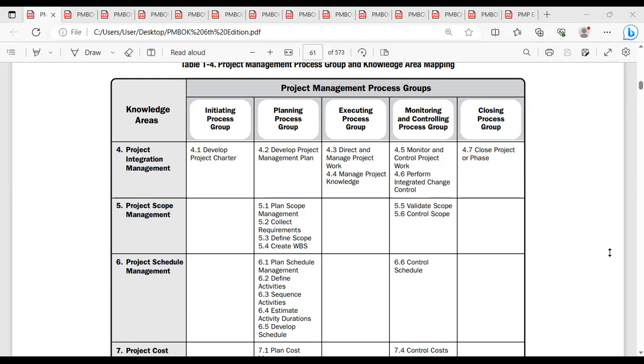Fine. We'll start the class. We know very well that we are about to complete integration, the scope management. We have one process in the integration, so that process is manage project knowledge. So before going into that particular topic,